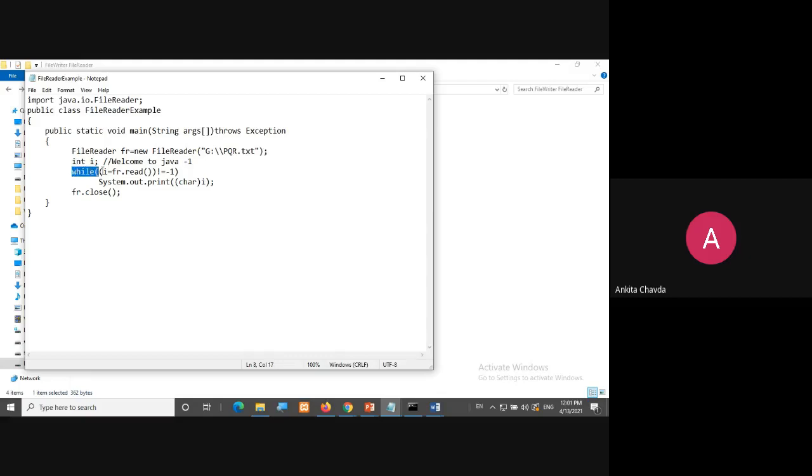While i equals fr.read is not equal to -1, till that you can read the file, and whatever you are taking inside the i is a single character's ASCII. First, it will have the ASCII of W. It will print that W, but it will convert into character. So on screen it is W. Then it will take the ASCII value of E, and it will check whether it is -1. No, it will print. So this is how a single character will be printed onto the screen. So this is how they are reading.